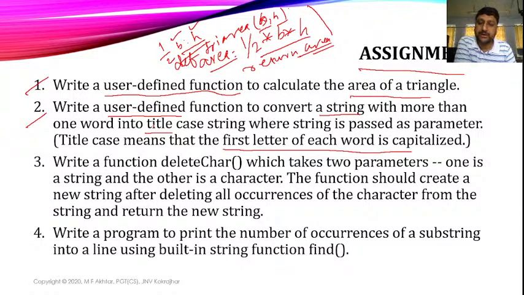With one parameter, and that parameter must be a string, and then using a for loop, okay, you can use the split function. For this, the split function you can use to separate each and every word of the string, okay, हर वर्ड को सेपरेट करने के लिए स्प्लिट फंक्शन यूज कर सकते हो फॉर लूप यूज करके,